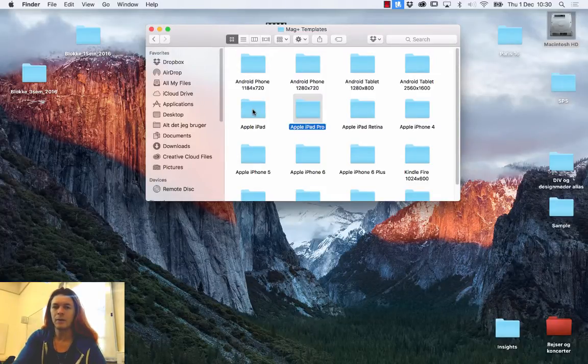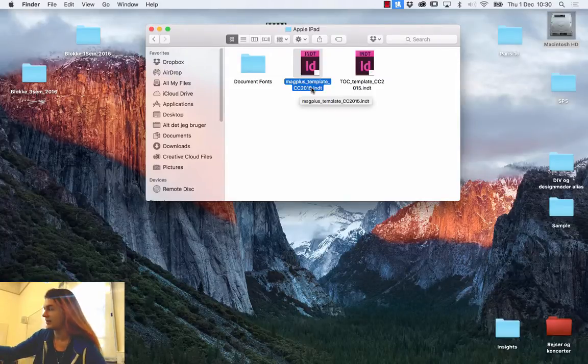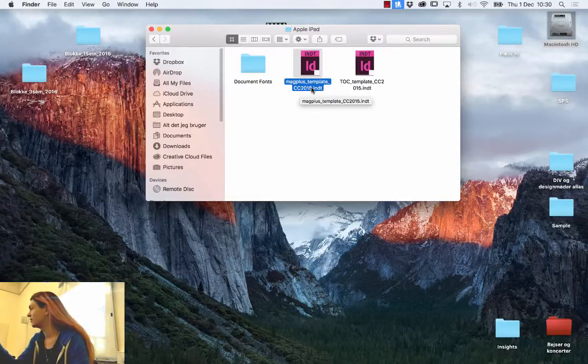Apple iPad Pro. So I'm going to go in here and not select the one called TOC. That's the one with a table of contents included. Instead, select the one called Mac Plus template. And depending on what version of Mac Plus you've installed, it should say CC 2015, CC 2017 when it's updated, or CS